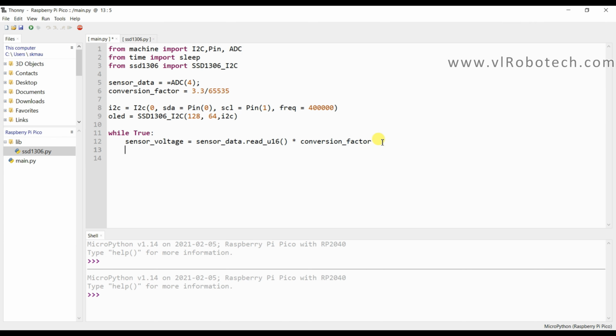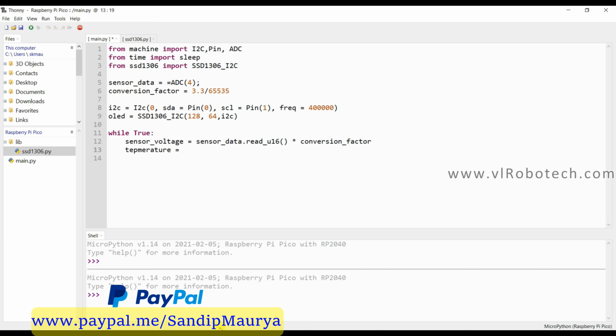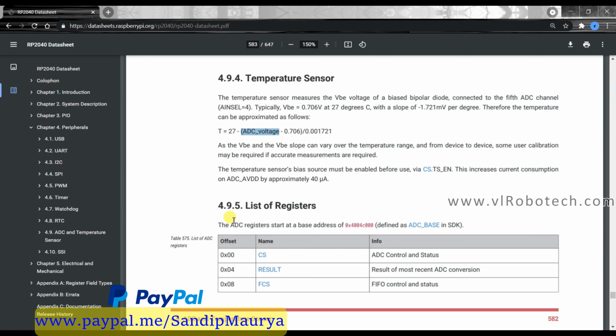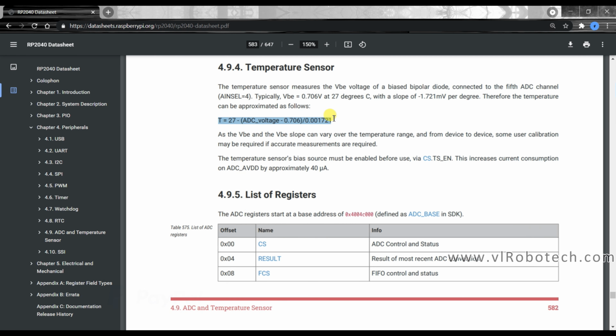Now we have to use a formula. The temperature will be calculated with the formula in the datasheet. This is the formula for how to calculate temperature. So I will use this.